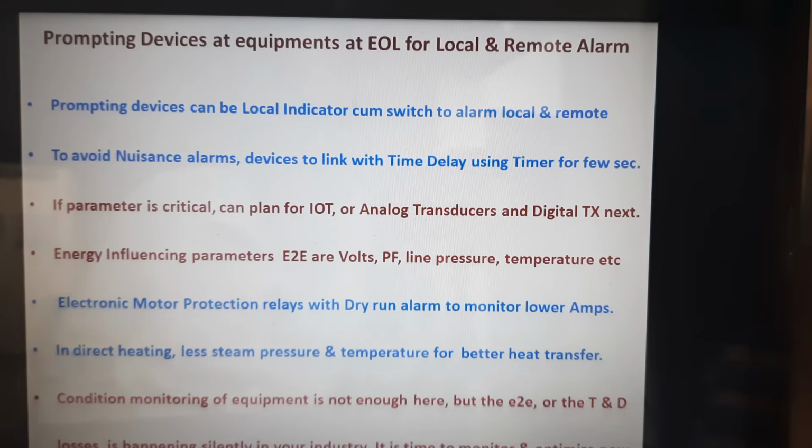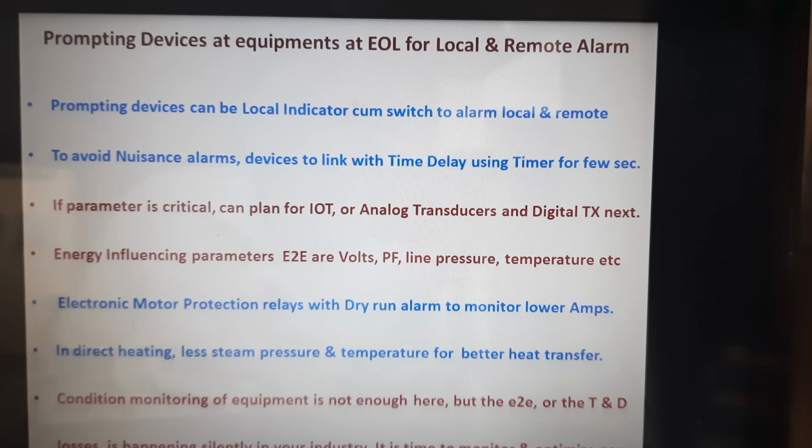To avoid nuisance alarms, especially at the tail end of the heavy load end, you can link a time delay timer across the pressure switch low, let us say, so that if the pressure is definitely low for more than a few seconds, then this can give an alarm, and let this not be a nuisance alarm. It is only giving an alarm; it need not be linked to tripping, and if it is critical, it needs to be linked to tripping also. So if the parameter is critical, you can definitely plan for IoT or analog transducers or digital transducers or digital transmitters, and along with